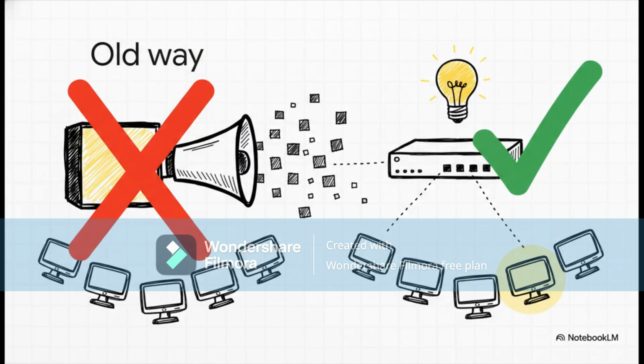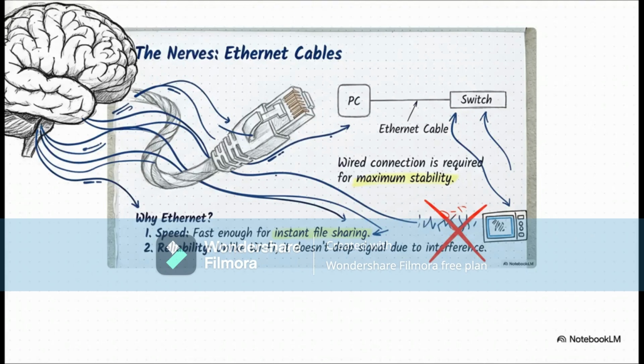Okay, major exam tip coming at you. The key word you have to remember for a switch is intelligent. See, older gadgets would just broadcast data to everyone, like a loud megaphone. A switch is a smart traffic cop, not a megaphone. Please remember that word. So if the switch is the brain, then the Ethernet cables are kind of like the